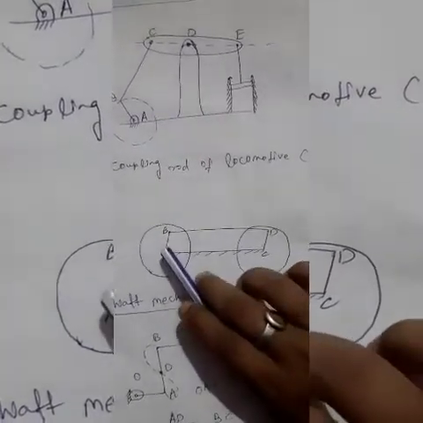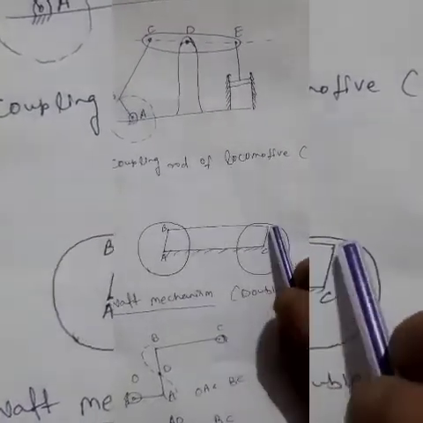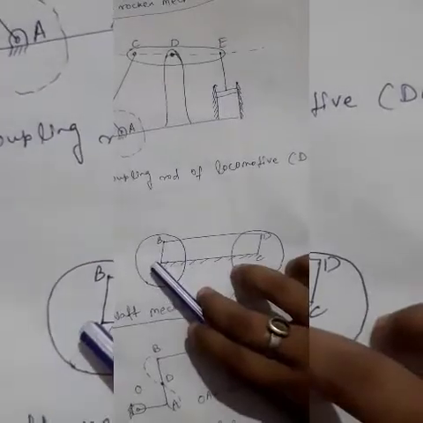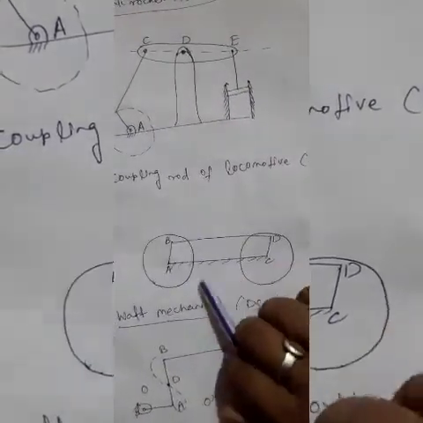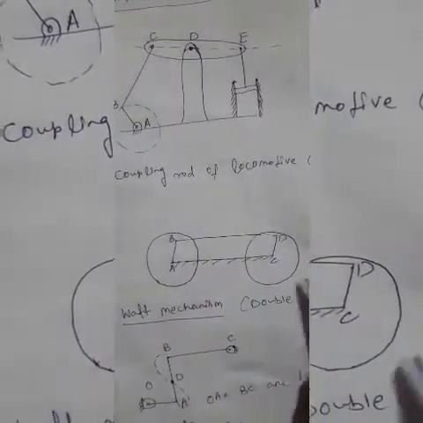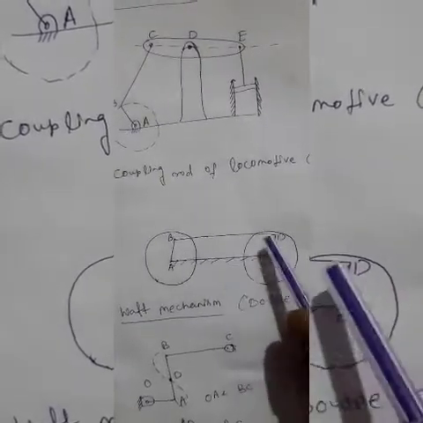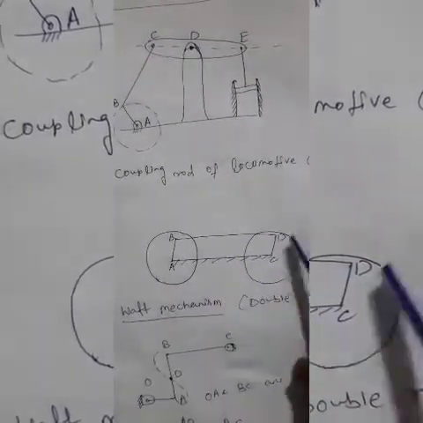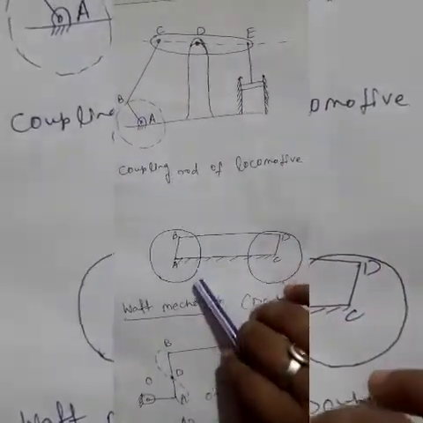This is used to maintain the center distance between two wheels. AB is one link and CD is one link, and BD is the connecting rod, or coupling rod, which is connected between AB and CD. If one link, that is AB, rotates 360 degrees, then CD will also rotate 360 degrees, because both of them are rotating with the same angular speed as the lengths of AB and CD are the same. So basically it is used to transfer the rotary motion of one wheel